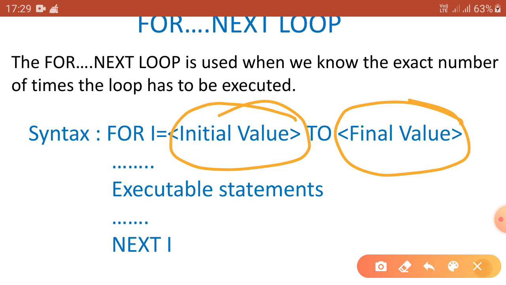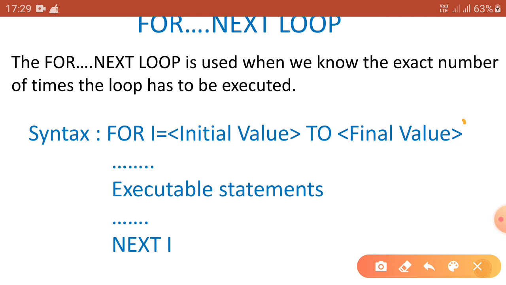Number 3 is that the final value controls the end of the looping process. When the counter variable exceeds the final value, the loop is terminated. The computer then executes the statement immediately after the NEXT statement.